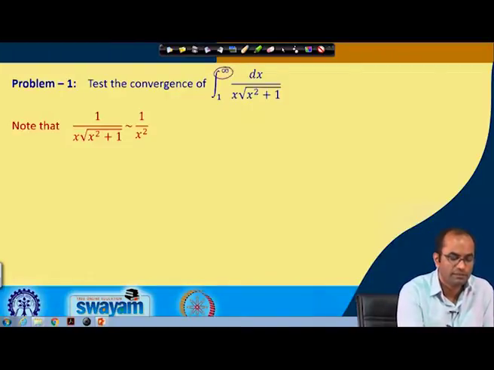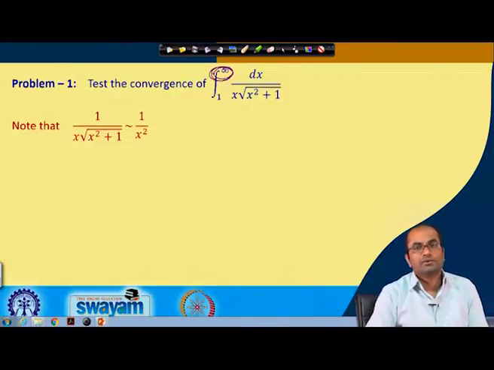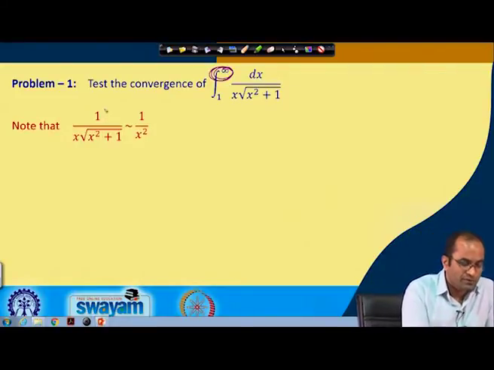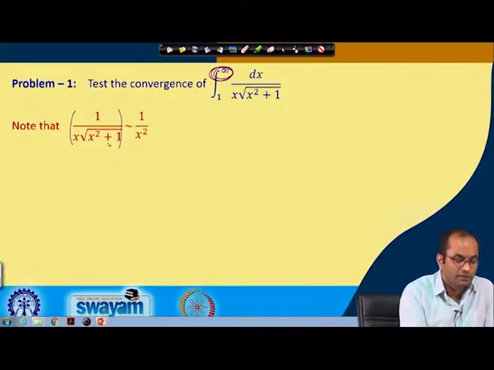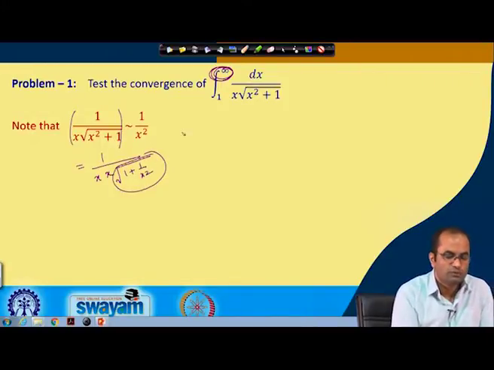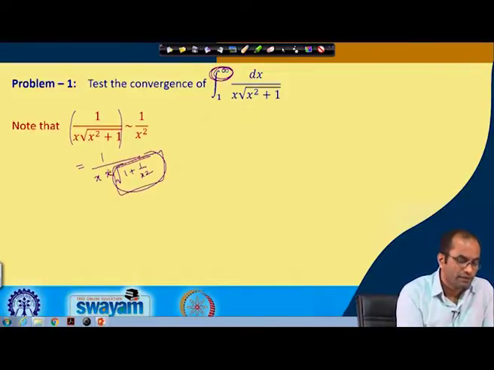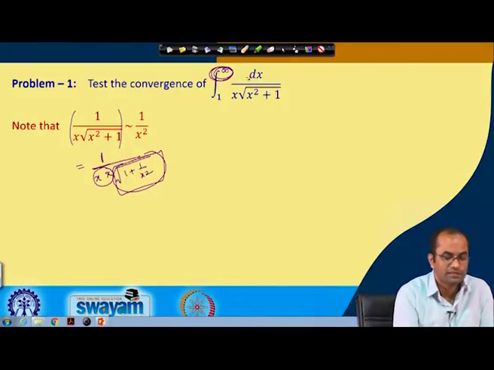Again, we have the problem at infinity only, that is what we are talking about with these improper integrals. So here we will see how this function behaves as x approaches infinity. Usually we take x common, and here also we take x common, so we have 1 plus 1 over x squared. This term will just approach 1 as x approaches infinity, so it will not create any trouble, and we are left with x squared, so 1 over x squared.